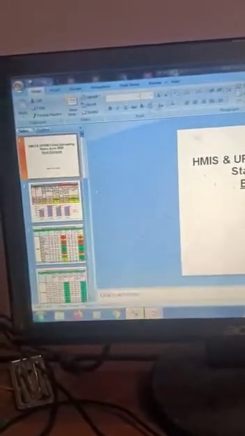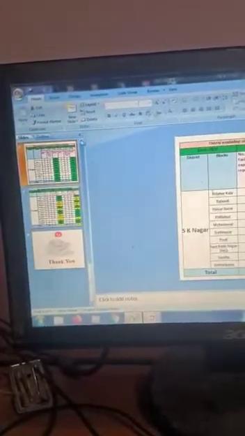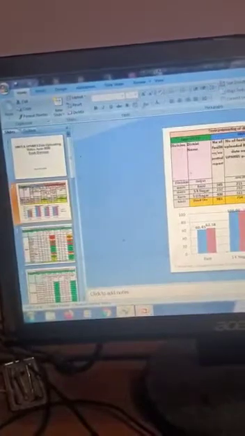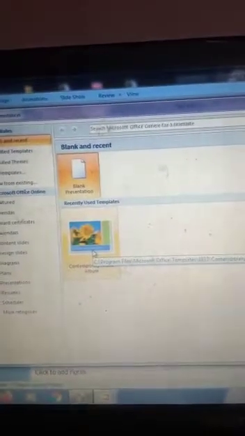This is a presentation created by me, but this is not using a template. This is not using a template, that is an already created template. So we start creating a presentation using a template. Click on the File tab, and here is the New option. Click on New, and look, here are the recently used templates and the available templates in PowerPoint.